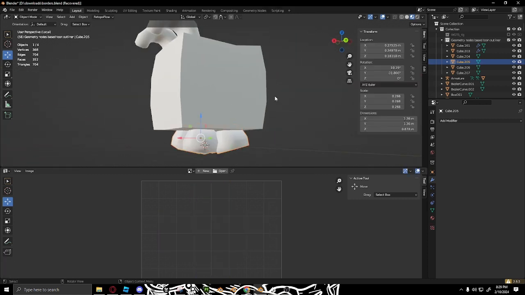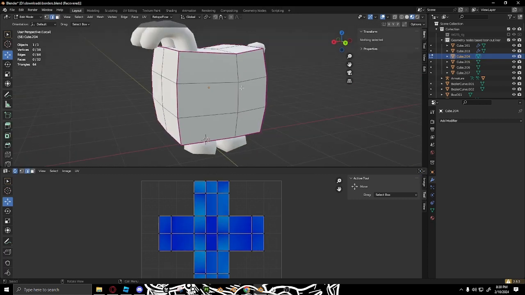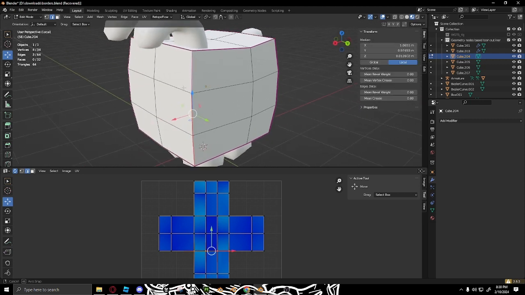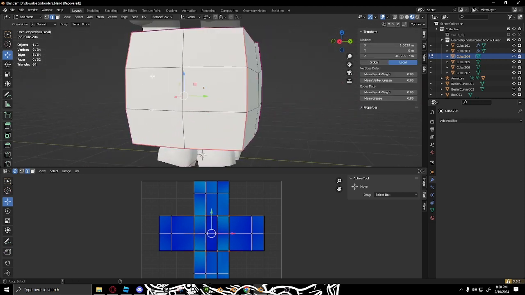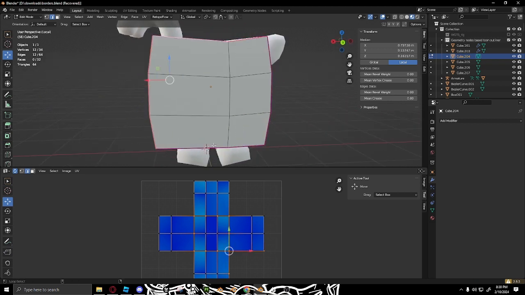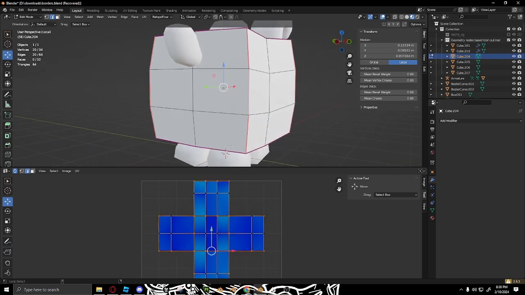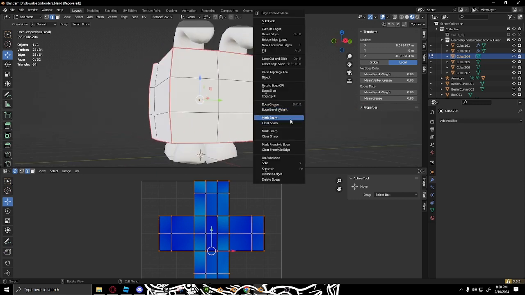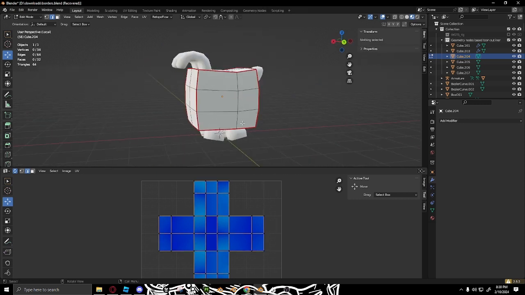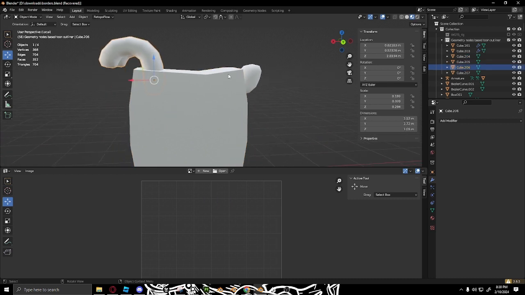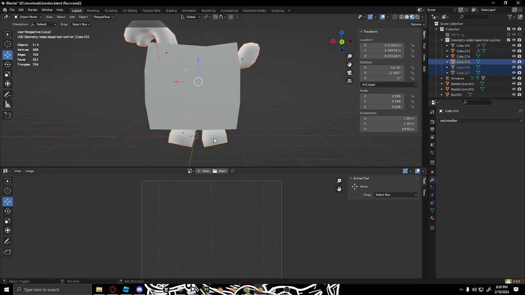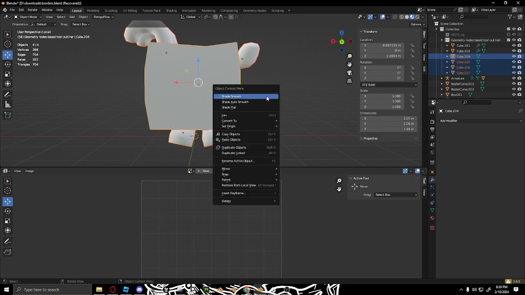Once we do that, we're going to go to the body. The body is all around, so we have to hold Alt and click around to add those seams. Hold Alt, click, and go all around until you get every single thing marked as a seam. Once we're done with that, you're going to grab the ears, hold Shift, click on the tail, hold Shift, click on the legs,